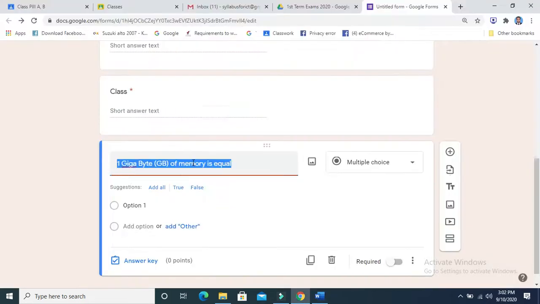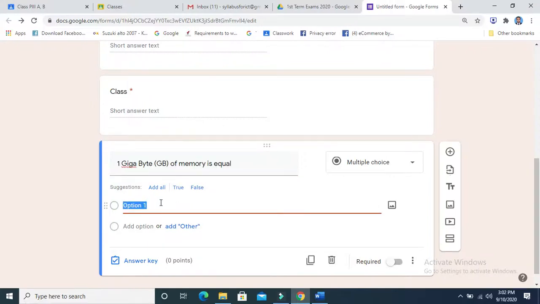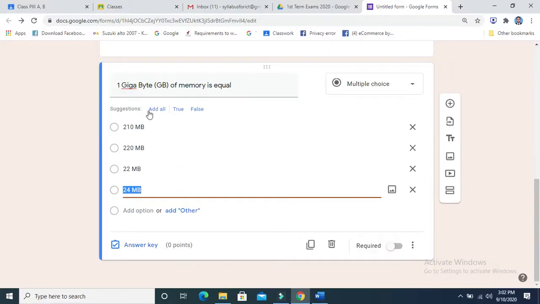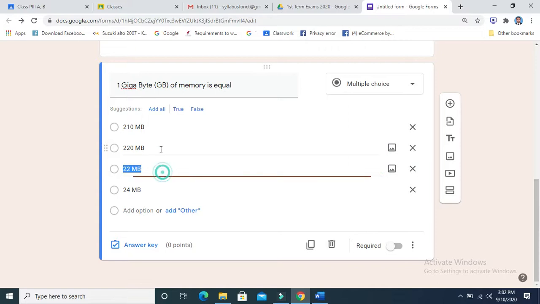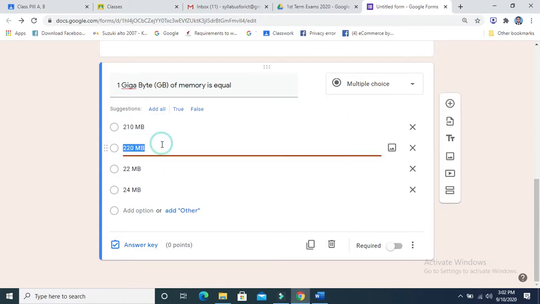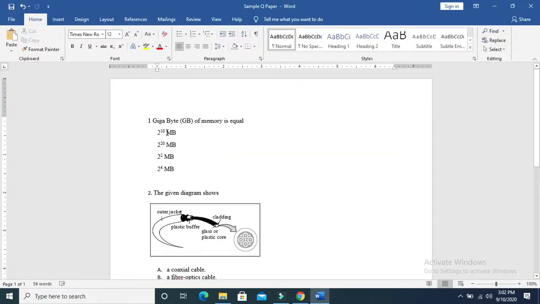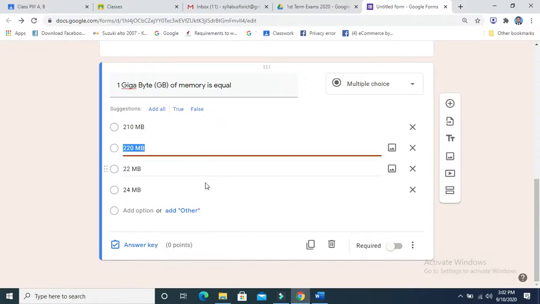So I will copy all four at a time and I will paste at option 1. So these will be pasted separately. You will notice that the mathematical notations are changed over here. So if the mathematical notations are there, we are going to take them in the form of a picture. For example, in this question the mathematical notations, some superscripts, were there, and hence the superscripts have been removed. So if this is the case, I am going to tell you what to do in the next MCQ.